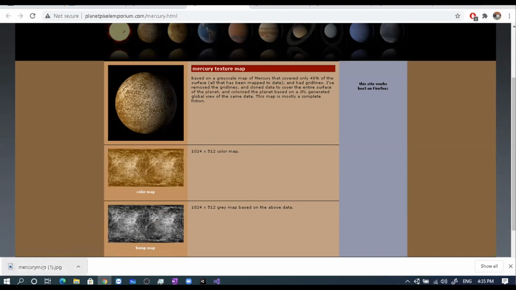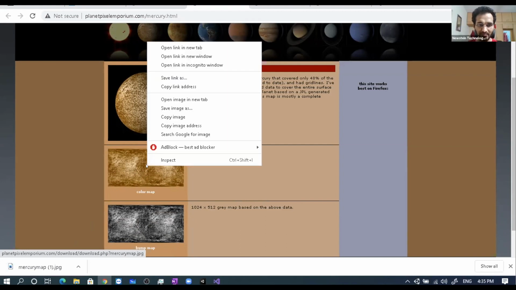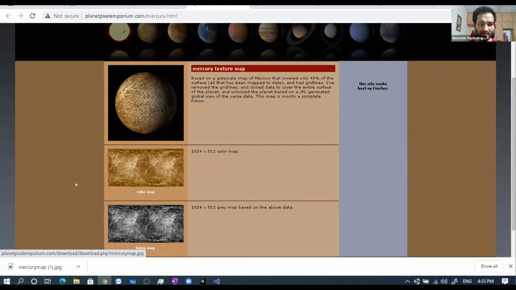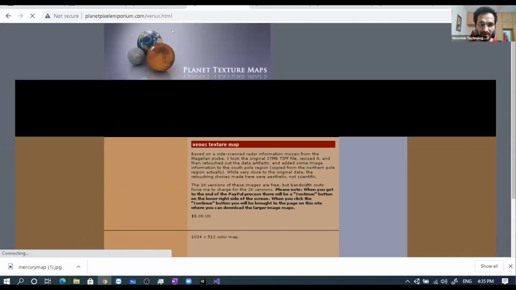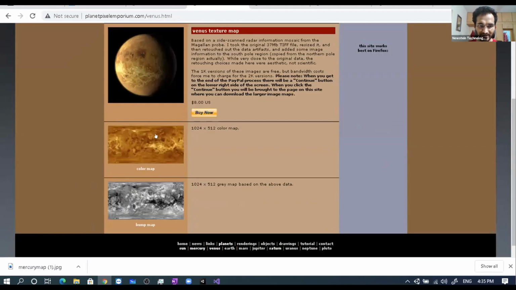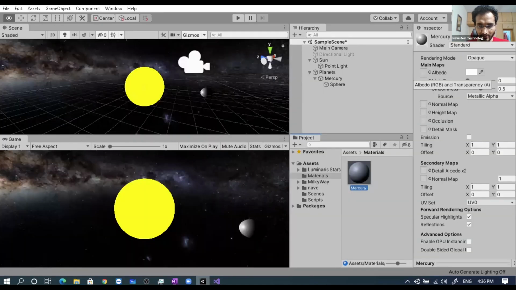I just clicked and it downloaded. Now I'll try Venus maybe. I clicked on Venus, I have this color map, and when I click here, it downloaded the Venus map.